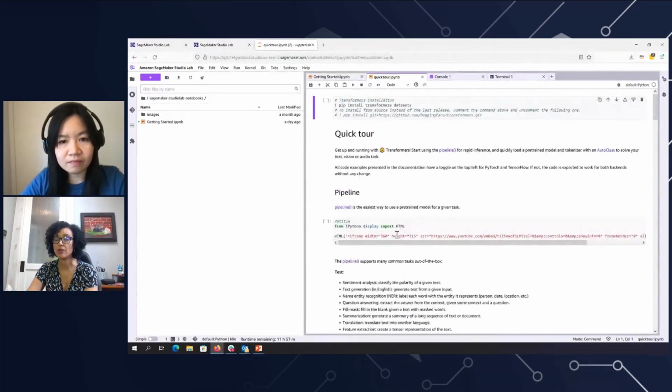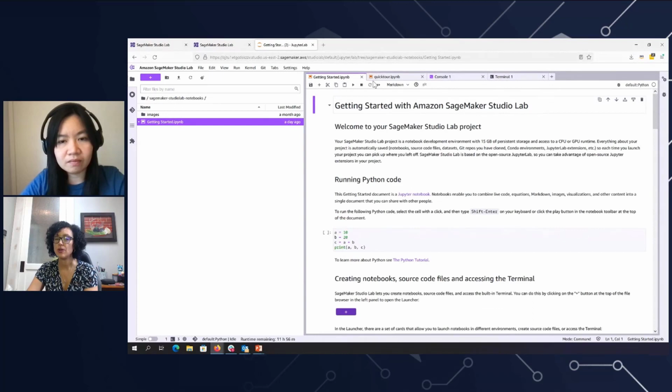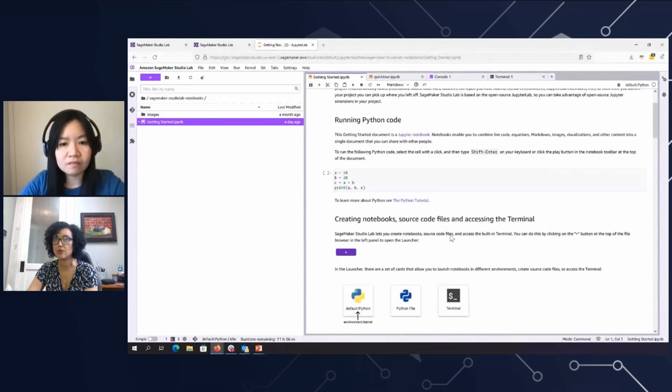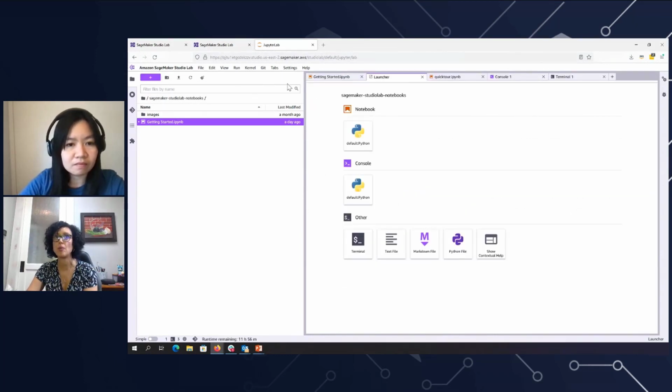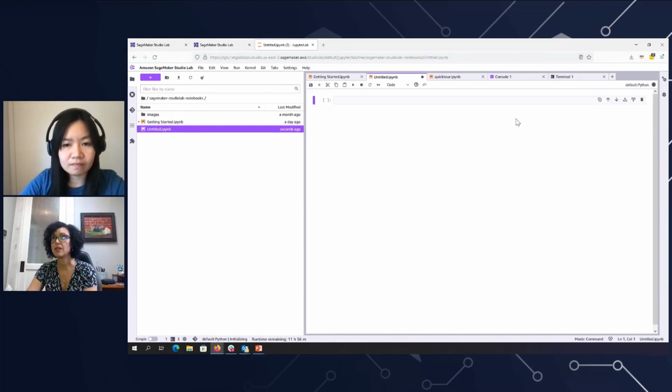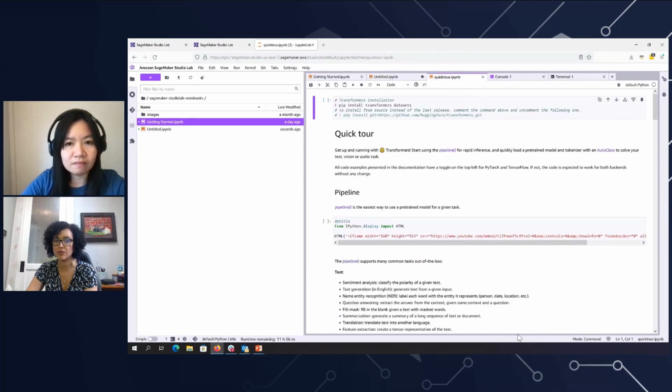Now, if you're brand new to SageMaker Studio Lab, there is this neat Getting Started notebook, which I encourage you to walk through to see how to do some basics if you're not familiar with JupyterLab 3. And I told you before, you can open up new windows, like here I'm opening up a new window. I can pick terminal access. I can write more code in a notebook like this, or we can pick some notebooks from any kind of code bank, whether it be GitHub or some other repository, and just use those like I did over here